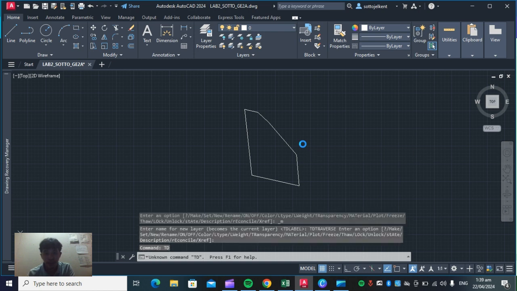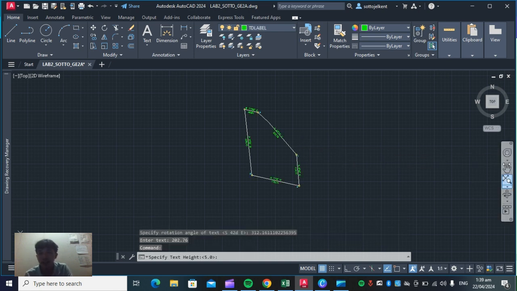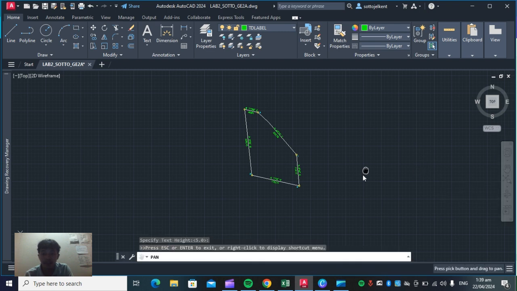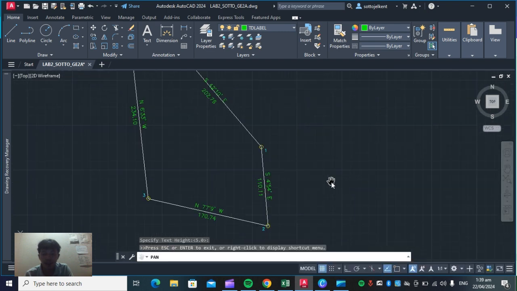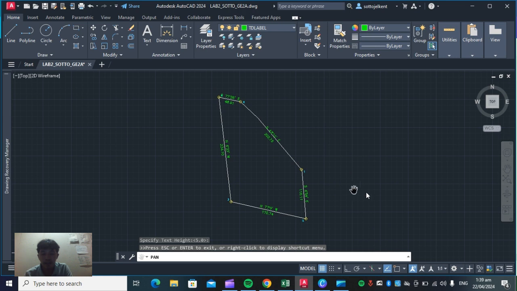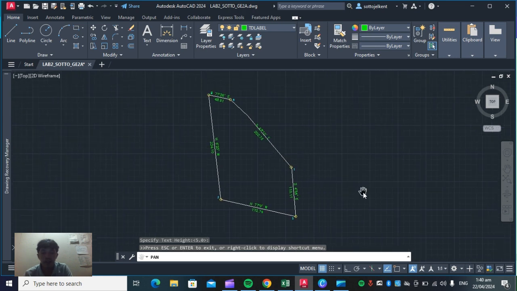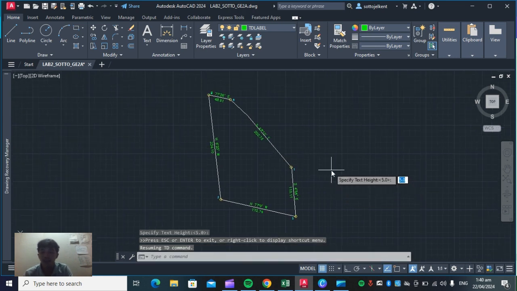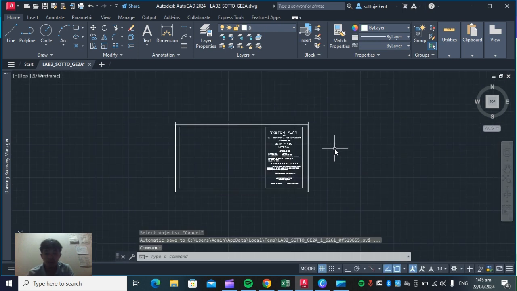Let's wait, guys, because it's loading. As you can see, guys, here is the data. Then after you input the height,